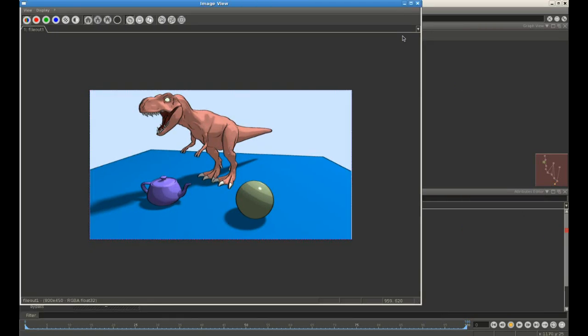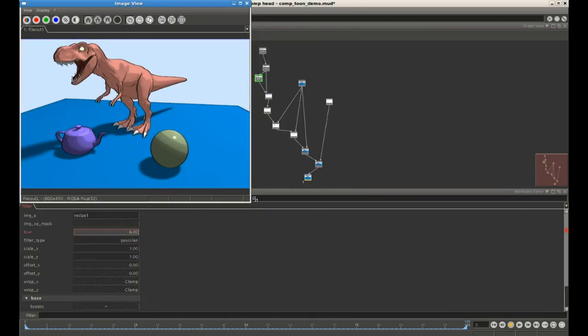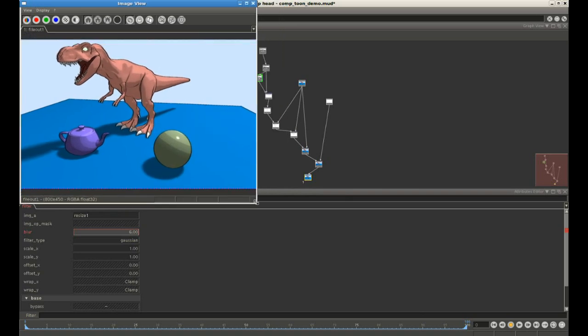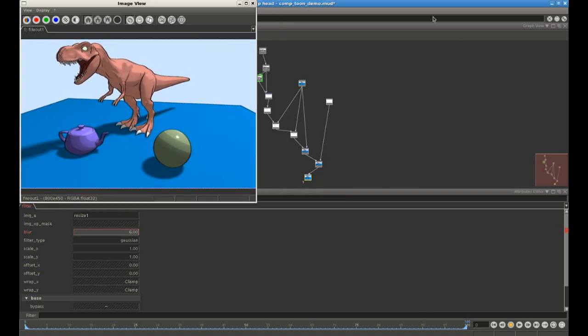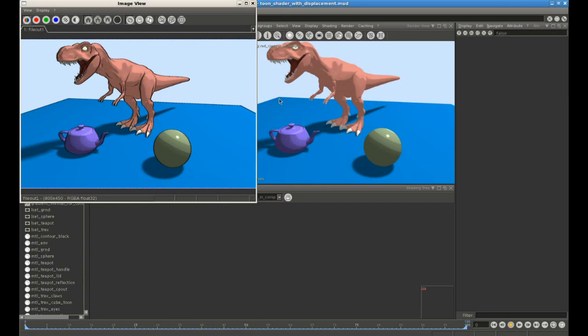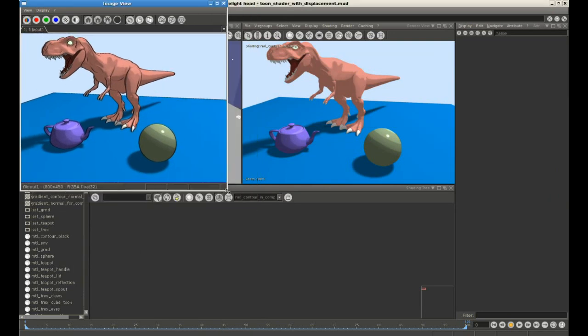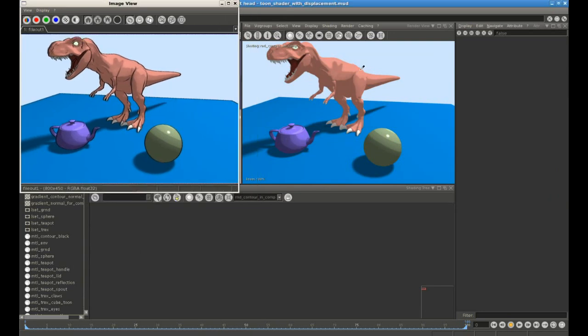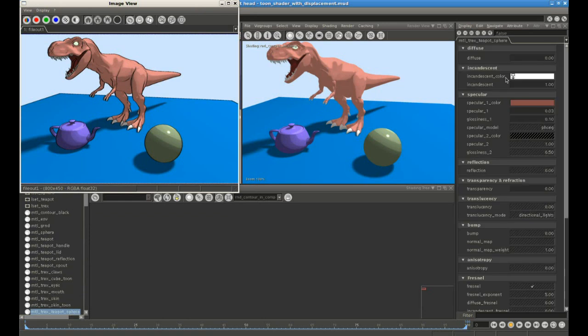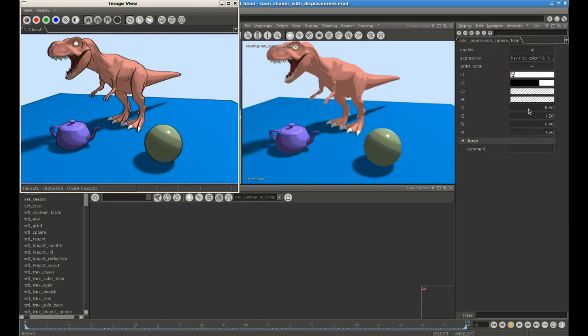And when I'm okay with that, I can simply detach the compositing image viewer and hide the rest of the application. And now back in Relight, I will be able to tweak the shaders and still see the final composited result. So here I'm picking the sphere and I'm going to change the amount of illumination steps in the Toon shader. And as you can see, whenever I change it in Relight, the result is automatically refreshed in the compositing image